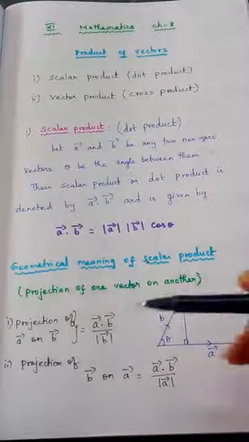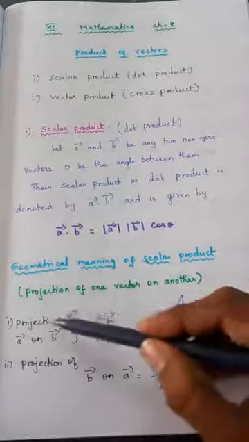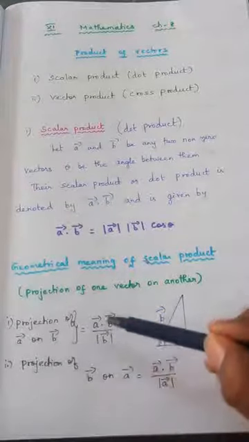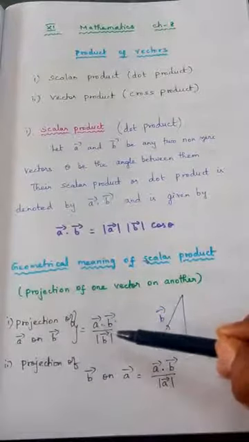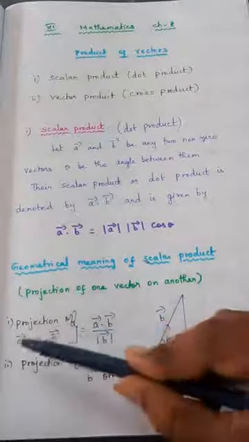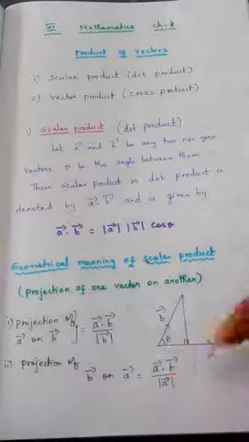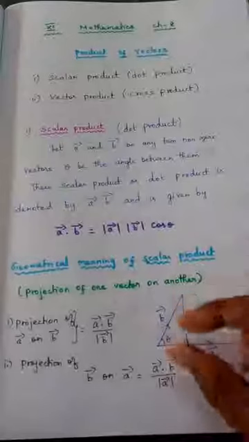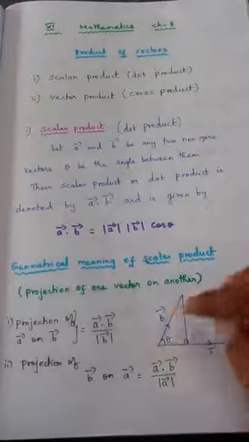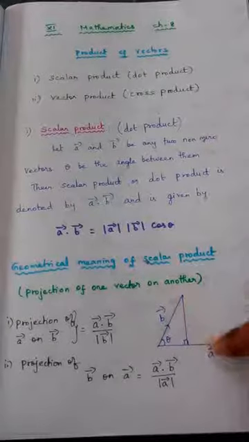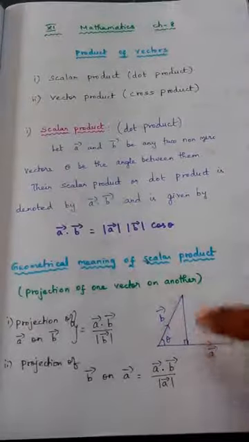So also we are going to read two formulas. Projection of A vector on B vector is given by the formula A vector dot B vector by modulus B vector. Projection of A vector on B vector: what is the meaning? We are taking this A vector and projecting it on B vector, just moving it and keeping it on B vector. If I say projection of B vector on A vector, B vector is just bent and we are trying to project it on A vector.